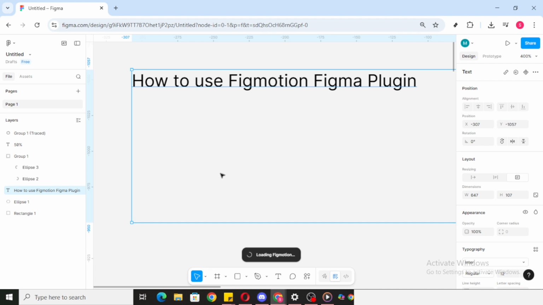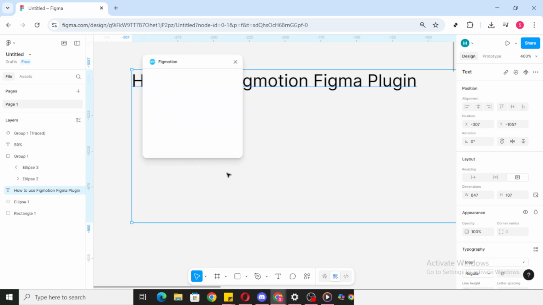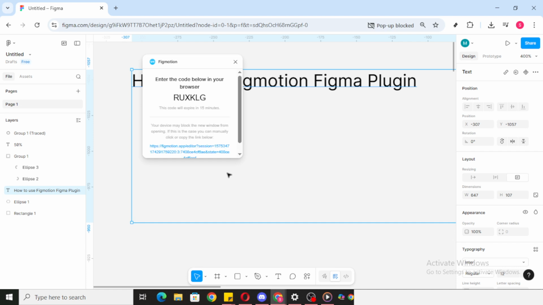Once Figmotion opens, take a moment to explore. You'll see a timeline interface that lets you add keyframes to properties like position, scale, rotation, and opacity. Selecting a layer in your canvas will reveal its animatable properties in the plugin. Move the playhead along the timeline, change a property, and Figmotion adds keyframes so you can create smooth transitions between